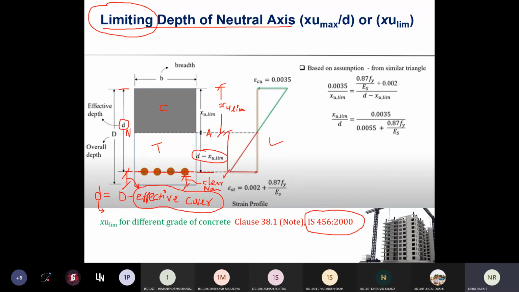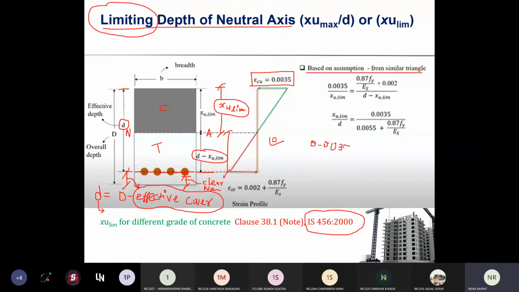And this is the strain profile. Now I want to know the value of the limiting depth of neutral axis. For that, I am just applying the similar triangle rule in this strain diagram. ये strain diagram में मैं similar triangle का rule apply करती हूँ. How to apply this similar triangle rule? I'm considering that for the maximum strain in concrete,